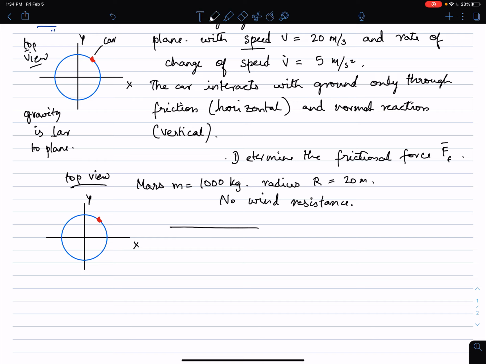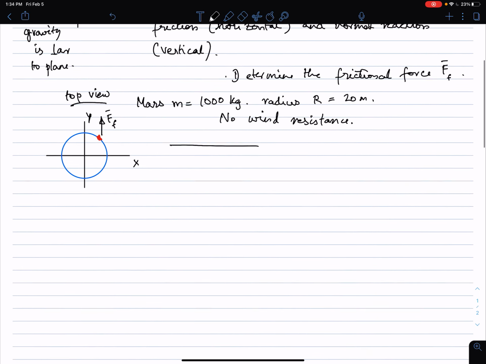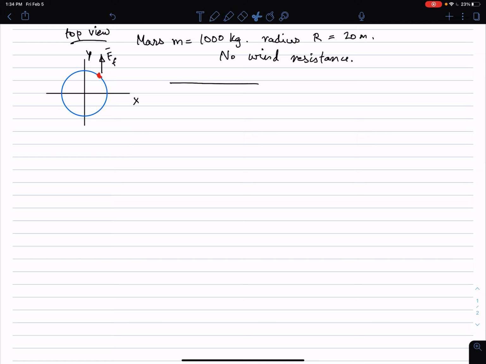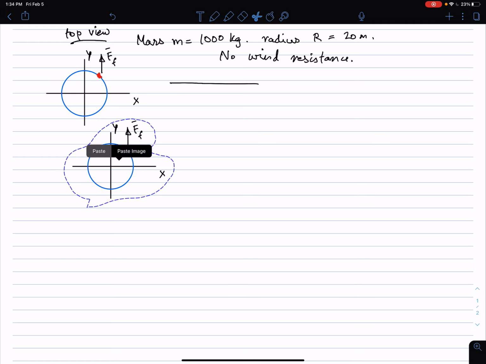In this picture, the only force is the friction between the car tires and the ground, okay? And the friction could be in some weird direction. Like we don't know what direction it is going to be in. And it's going to be in some direction, okay? Or more generally, if you want to copy and paste this, we can decompose this frictional force potentially